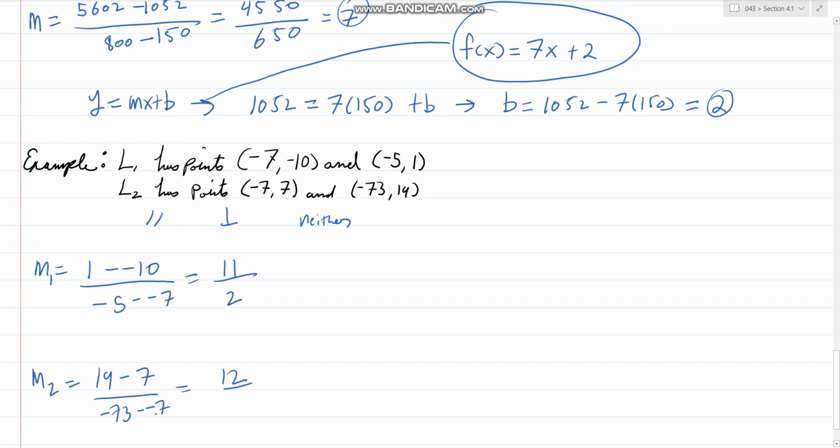So that's 7 minus 73, so that would be negative 66. And I think that would reduce. We could cut that in half. So we have 2 times 6 over negative 6 times 11. And I can cancel the 6. So I have negative 2